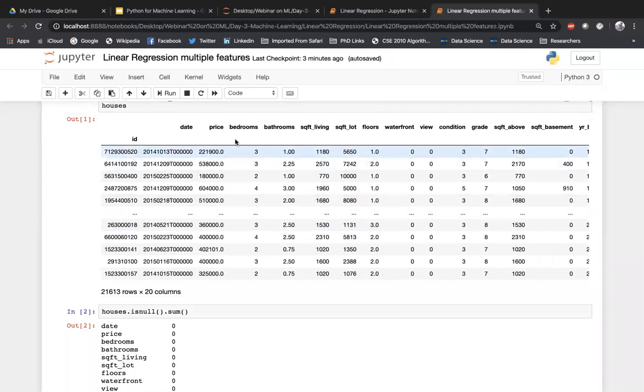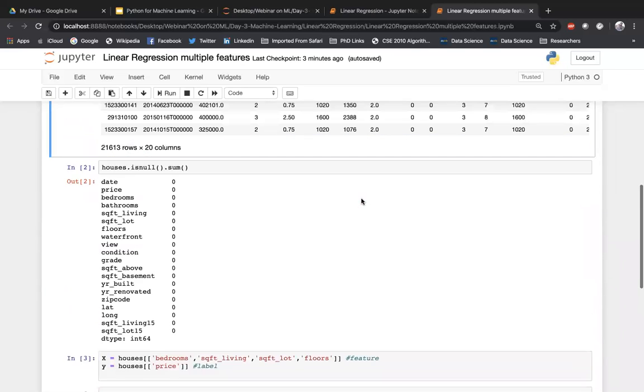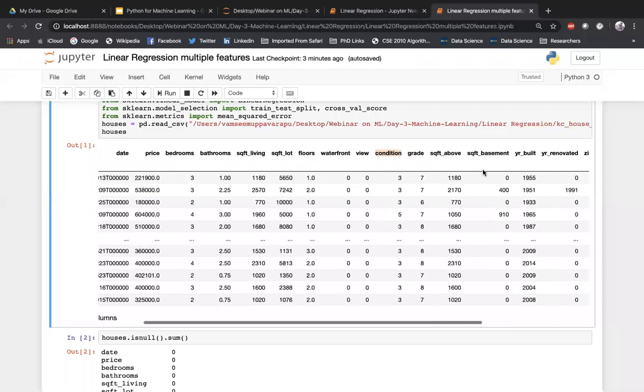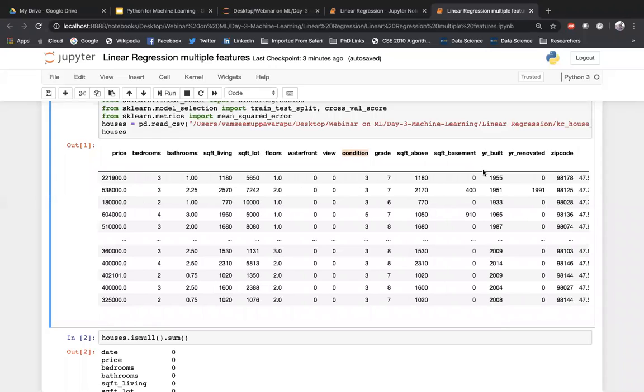So we can also consider bathrooms, the condition, and the square foot above. We can include some more features into our feature set.